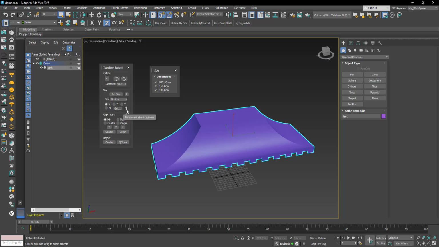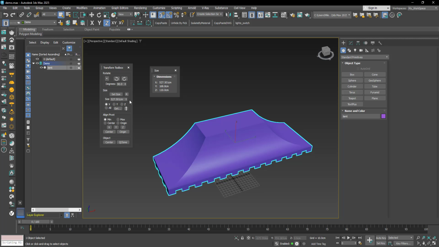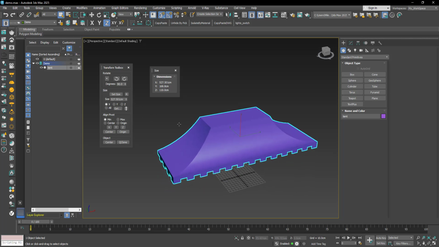Now, before you have this option here that if you click it, you can bring the X value here to the spinner, but it's not necessary to change the value. Now, it's 527.501, so I want to make it, let's say, 560. And then click set size, and as you can see,